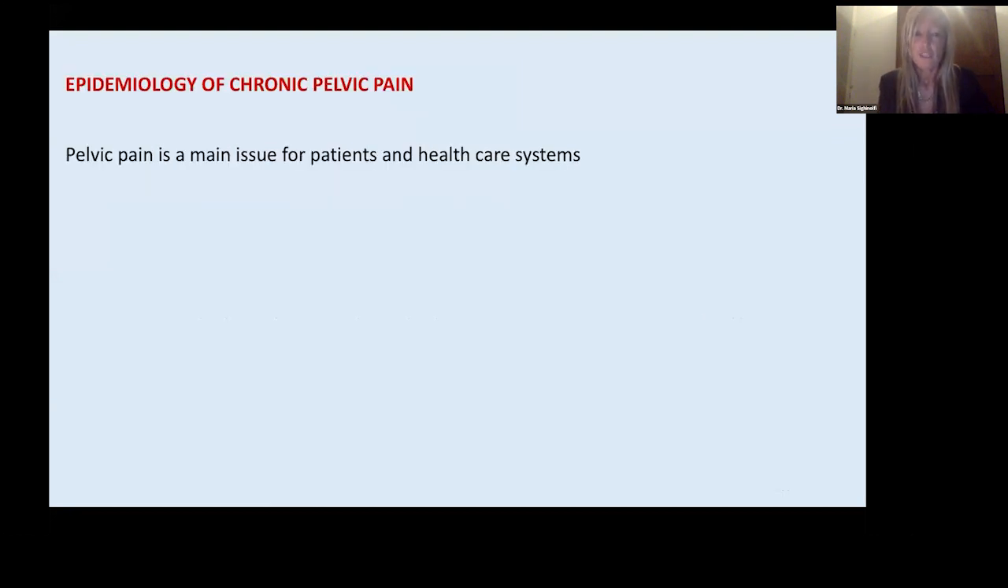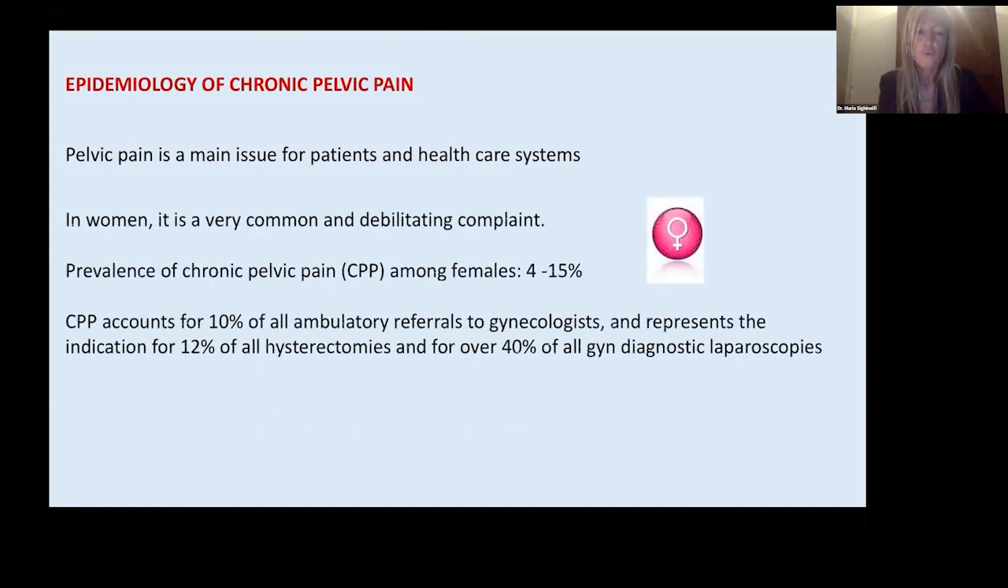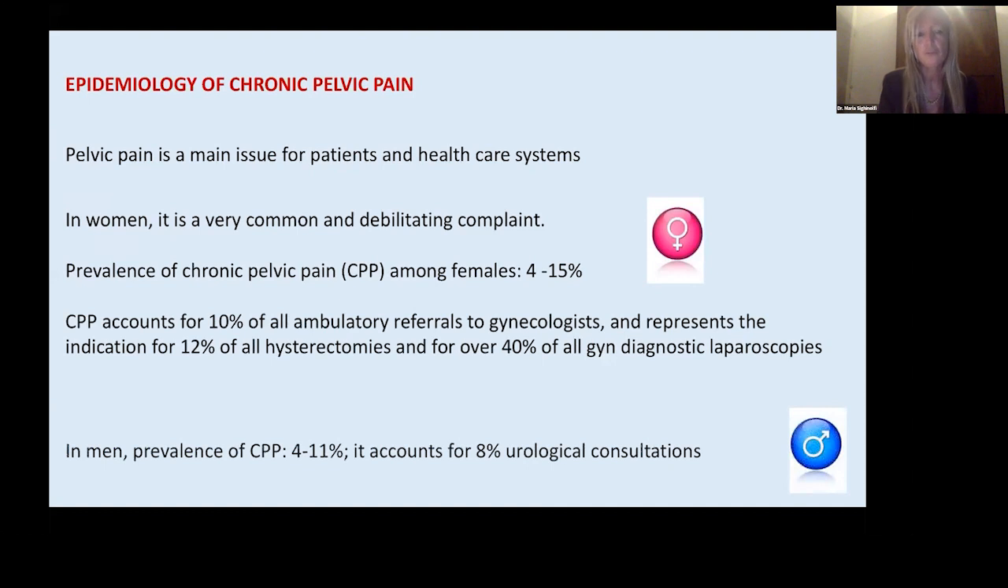Pelvic pain is a main issue for patients and for healthcare systems because in a woman it is a very common and debilitating complaint. The prevalence of chronic pelvic pain in females is ranging from 4 to 15%, and it accounts for 10% of all ambulatory referrals to gynecologists and represents the indication for 12% of hysterectomies and for over 40% of diagnostic laparoscopies. But also for us as urologists, it is quite a frequent problem because in men, the